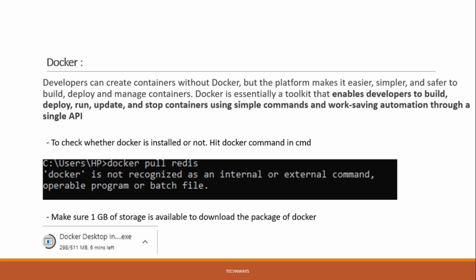Firstly we need to check whether Docker is pre-installed in our system or not. So what can we do? We can simply put the docker command here and see if Docker is present. CMD would identify the version and give you some details about Docker. So I put the command here, docker pull redis. Redis is actually a caching mechanism. I wanted to configure Redis in my baby pi.